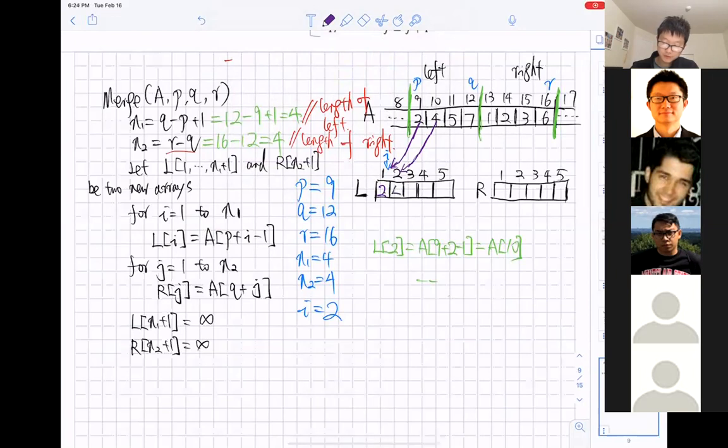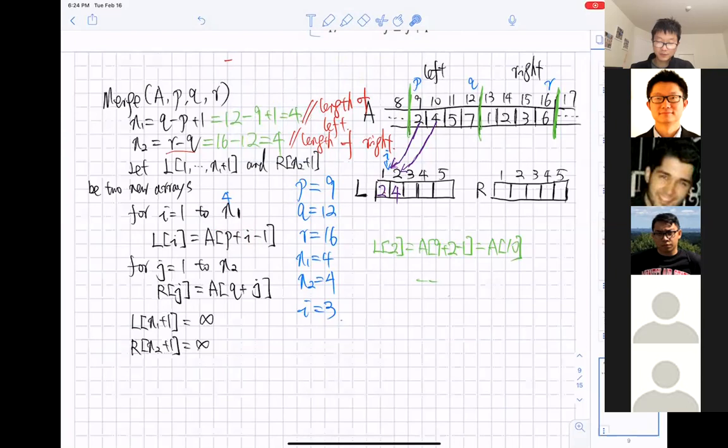So here we got a value 4. Am I correct? Yes. Okay. Next we're going to increase i by 1, because the largest value that i can have is 4. So now we increase i to 3. Basically we're going to increase the value on the left-hand side and the right-hand side by 1, because everything else remains the same, only i increases by 1.